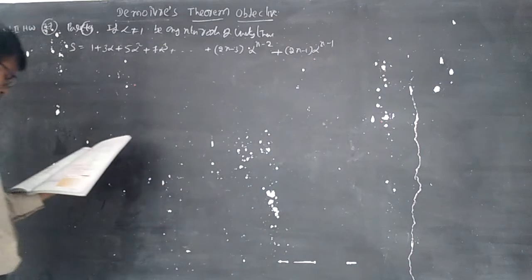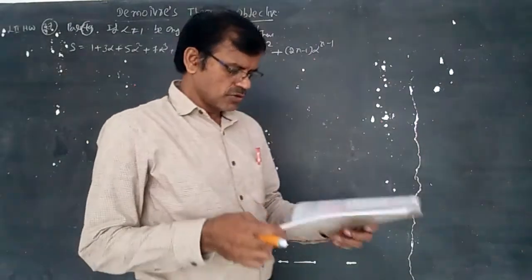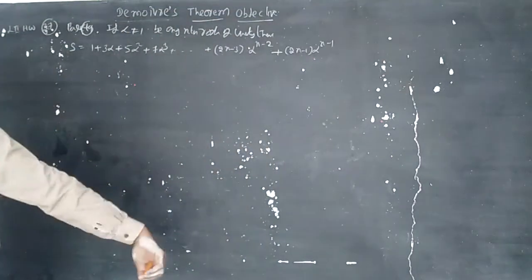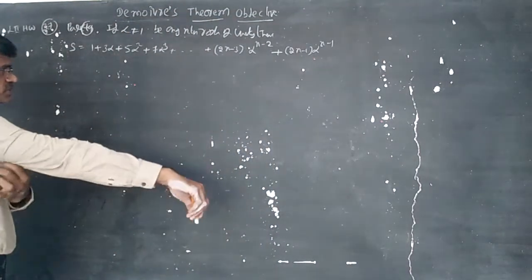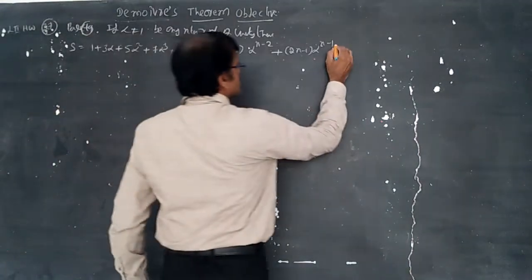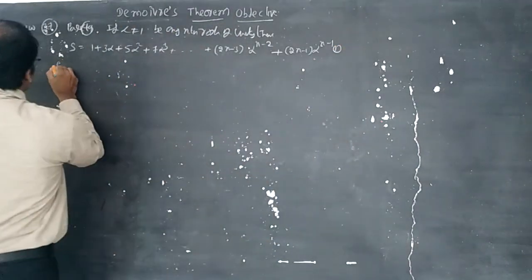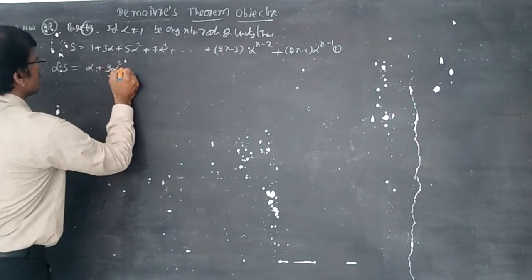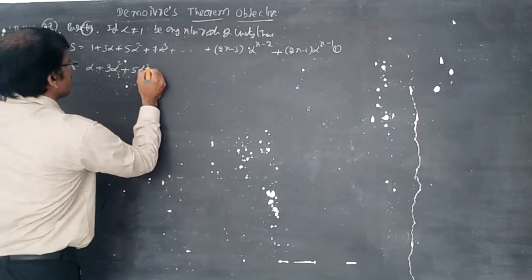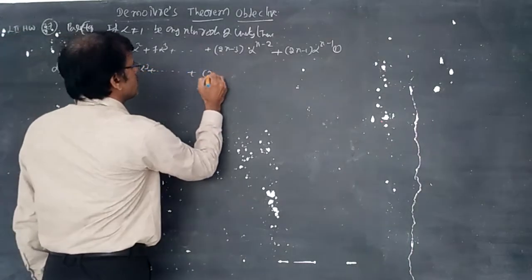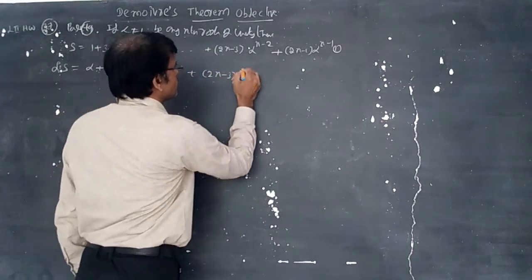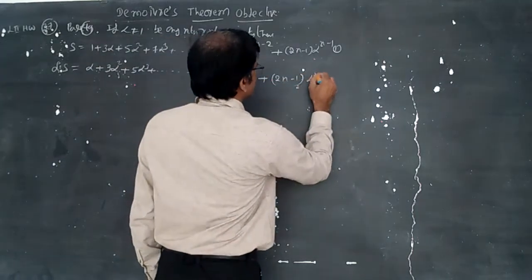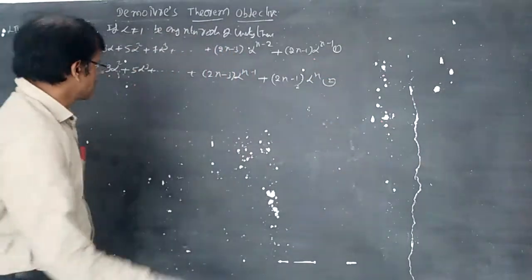Now we should calculate the value. That's all. The value we need to calculate using the above sum. Now multiply here also, multiply with alpha s. Let this be the first equation. Now alpha s multiplied with alpha, so it becomes alpha plus 3 alpha square plus 5 alpha cube plus so on until 2n minus 3 into alpha power n minus 1 plus at last this is 2n minus 1 into alpha power n. This is the second equation.